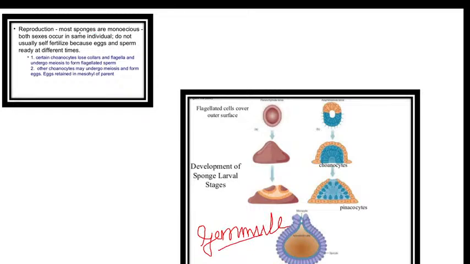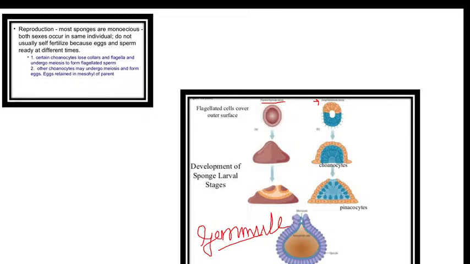So reproduction, most of the sponges are monoecious. That means both the sexes occur in the same individual, but the choanocytes lose the collar cells and they undergo meiosis to form sperm. The choanocytes get differentiated to form the reproductive cells. Sexual reproduction means the choanocytes have the capability to transform into a sperm and egg. Then the flagellated cells will cover the outer surface, as you can see here. This is a parenchyma larva and this is an amphiblastula larva. So after the flagellated cells cover the body, they form a flask shaped structure called a gemmule, and this is